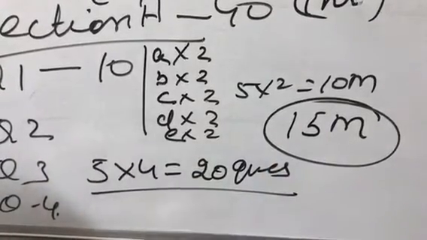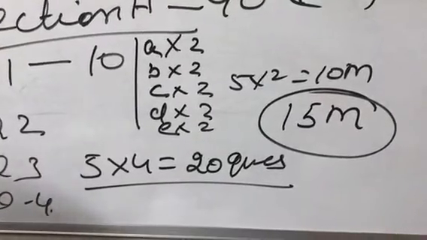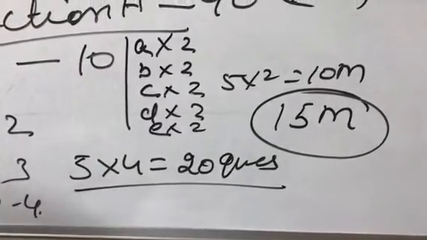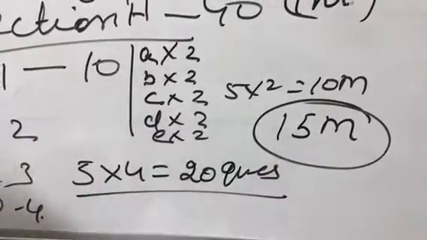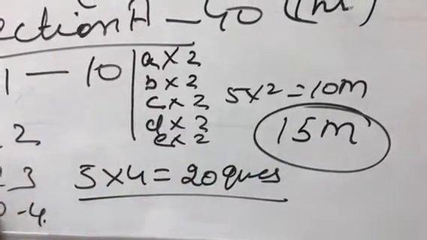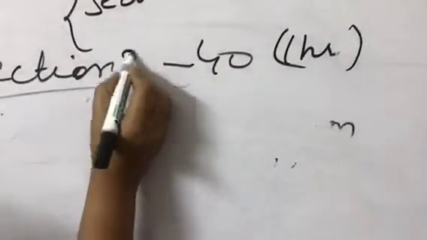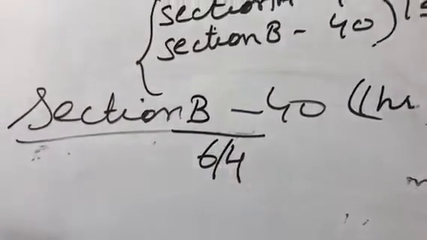Whether it is Section A or Section B, each question will get a weightage of 10 marks. In Section A, 4 questions with no choice. You have to complete within 1 hour, and for each question you are supposed to give 15 minutes, not more than that, right? And now comes Section B. Section B, out of 6 questions, again of 40 marks, and out of 6 you are supposed to do any 4.